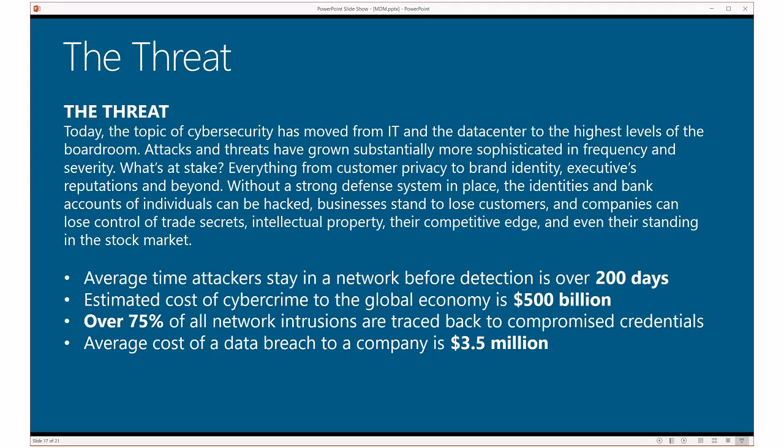Honestly, a lot of the major security breaches could have been prevented with a lot of the features we're talking about here today: conditional access, mobile device management, multi-factor authentication. Typically, multi-factor authentication is the number one technology that could have prevented most of the major security breaches in the last year, right?